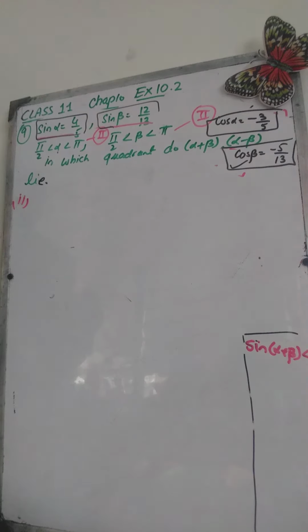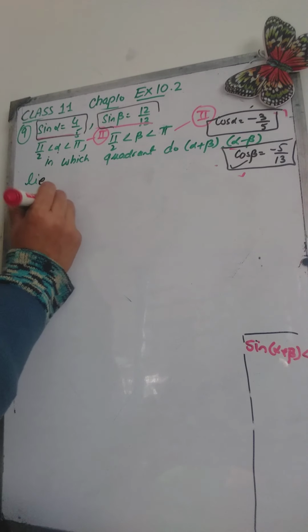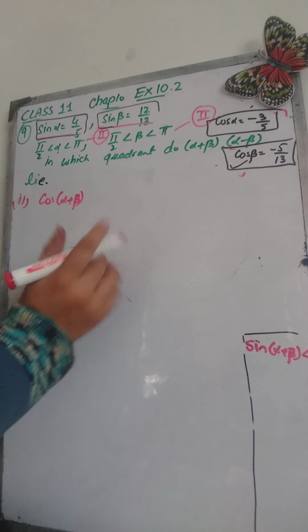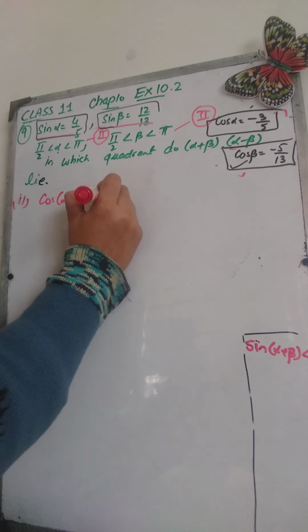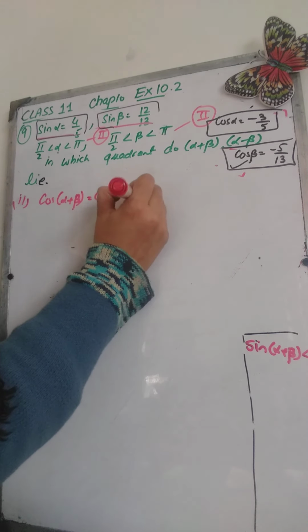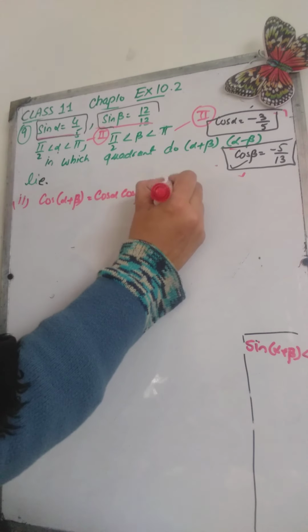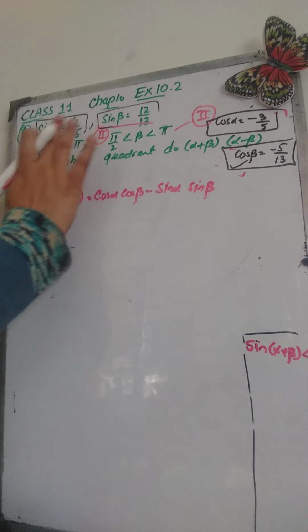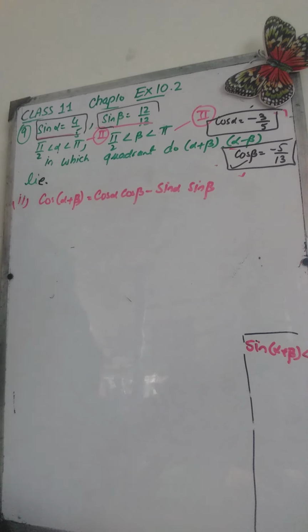The next part is they are asking for cos of alpha plus beta. Again, using the trigonometric identities, cos of alpha plus beta, we know that this is equal to cos alpha cos beta minus sin alpha sin beta. We have all these values. Okay, again we are going to use these four values to get the value of cos of alpha plus beta, which will be equal to,